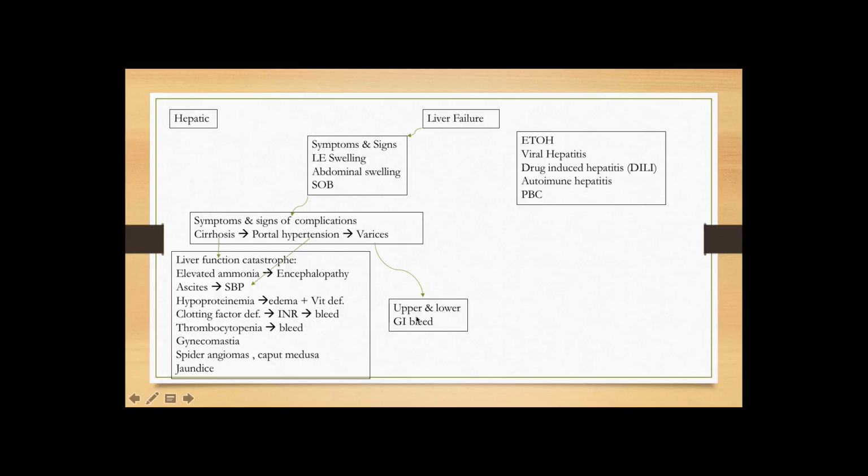It's an emergency situation, and when you have liver failure or you're suspecting it and you have any of these features present, of course the labs to do would be liver function tests, BUN, creatinine, and metabolic panel, so all of these things. And then if you are suspecting spontaneous bacterial peritonitis, you will do a peritoneal tap, and that tap will basically show an exudate if it is an infection indeed. If it's not an infection, it's simple ascites, the tap will show transudate fluid. So transudate or exudate, depending upon whether the infection is there or not.